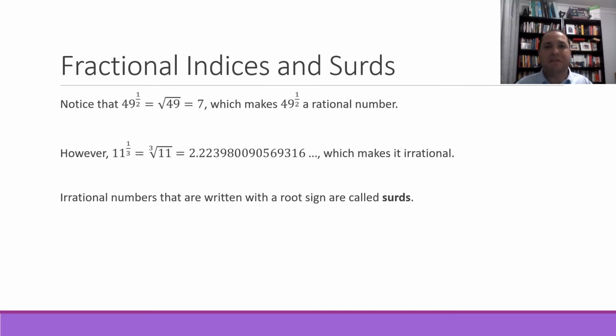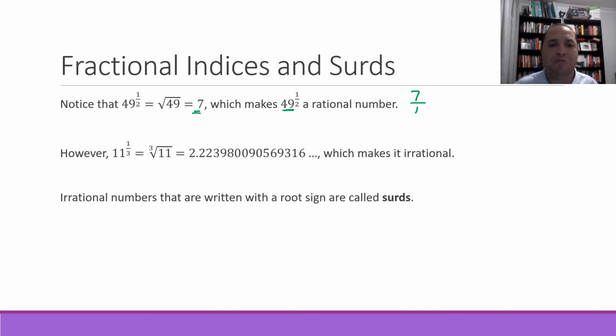Some definitions. So notice that 49 to the half, which we said was square root of 49, that's 7. So 49 to the half is actually a rational number. It's just the number 7. 7 is just 7/1. It's a fraction. It is a rational number. However,